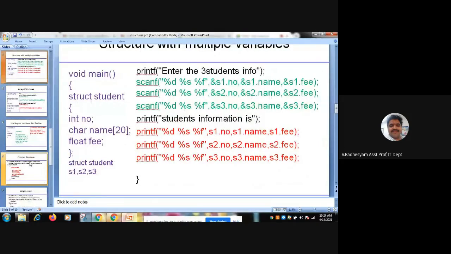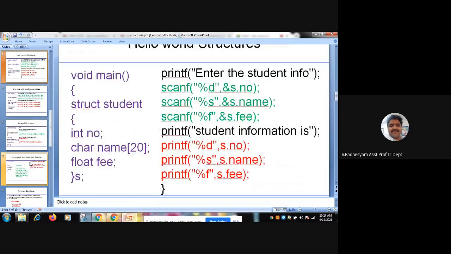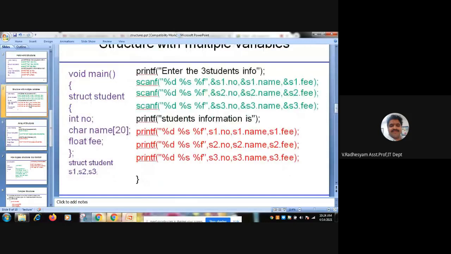Now, see here, struct student. Here we have taken S. If you want, you can take s1 comma s2 comma s3. Any number of structure variables you can define for the same structure student. And there is another mechanism: void main, struct student int no, char name, float fee.